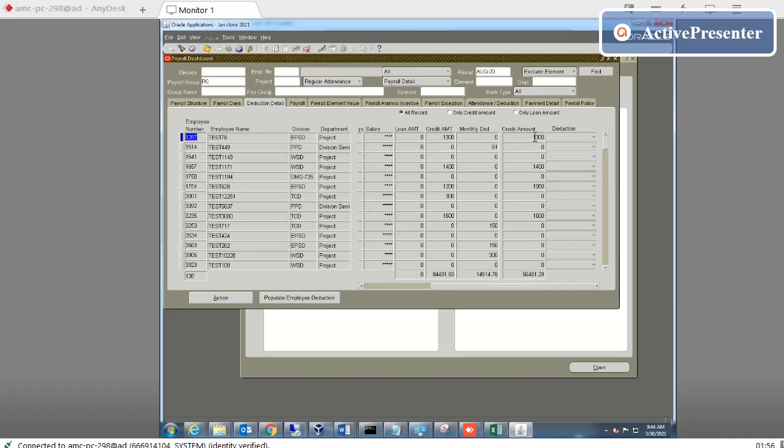If there is something the company has to pay, then it will appear here. If you need only the credit amount, you just click here, go to the find button. Only the credit amount will appear. If you want only the loan amount, just click here, go to the find button. So the monthly deduction will be there.